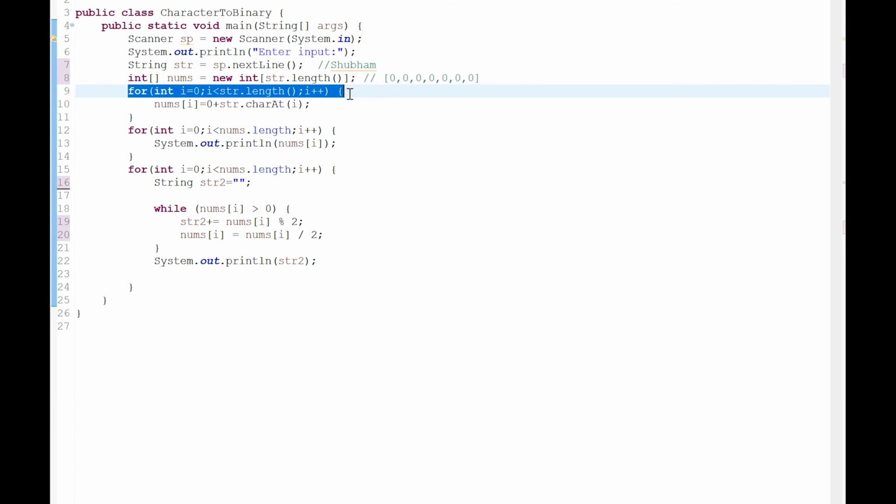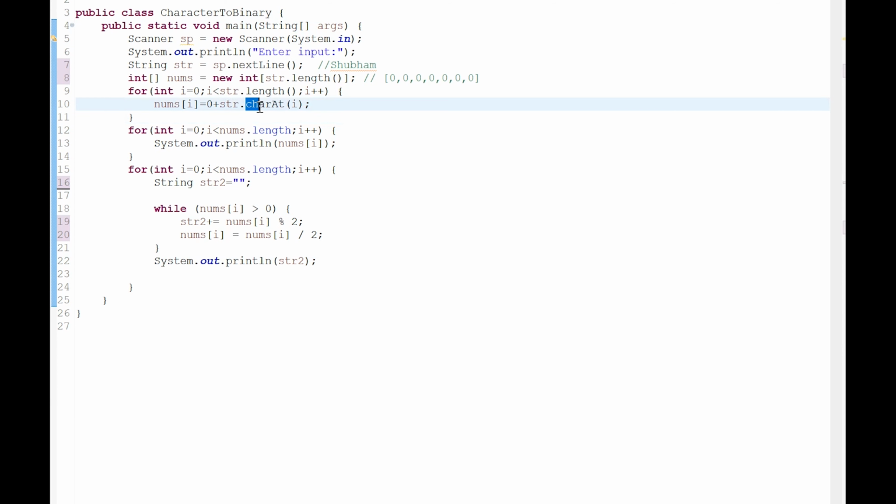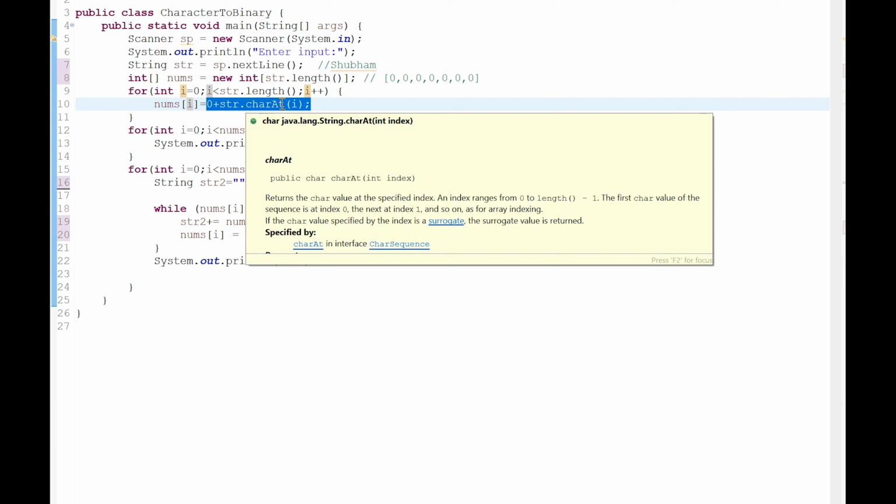I take a for loop, loop over each character and convert it into an ASCII decimal number. This is a function used in Java to take a character from a string. The first character will be S. I add it to 0, so it implicitly converts this character into its ASCII decimal value.